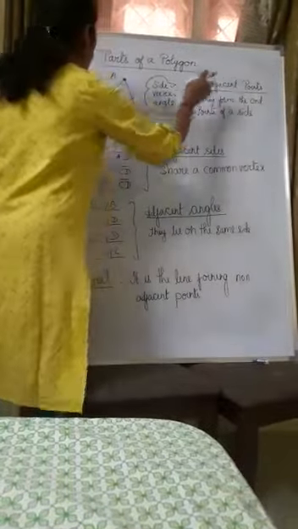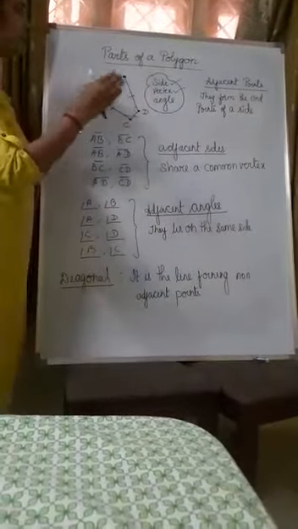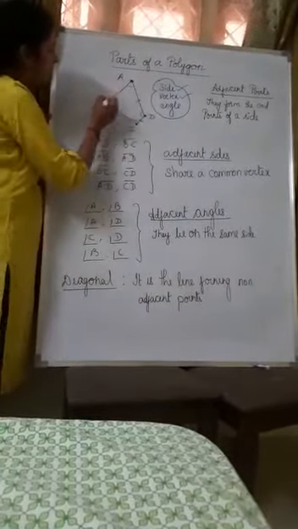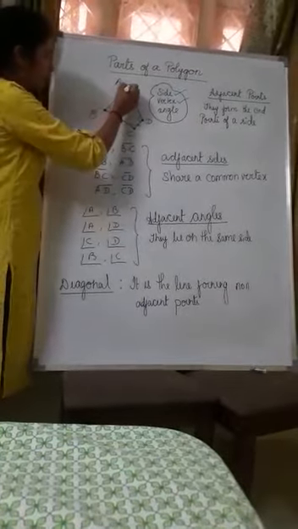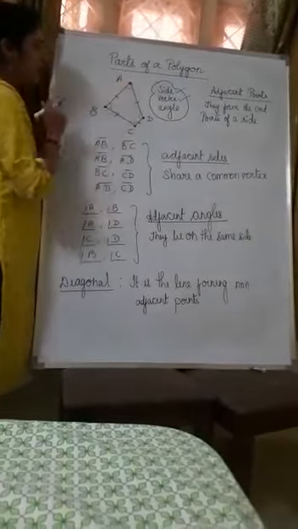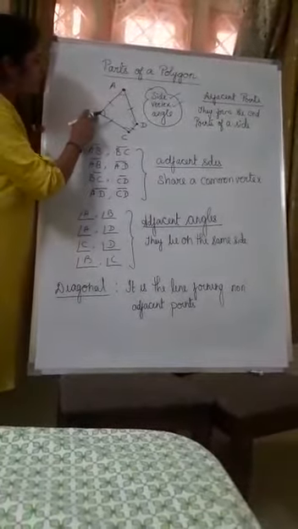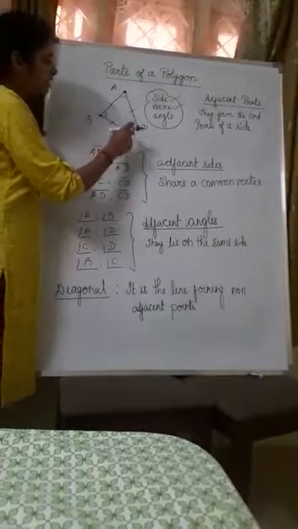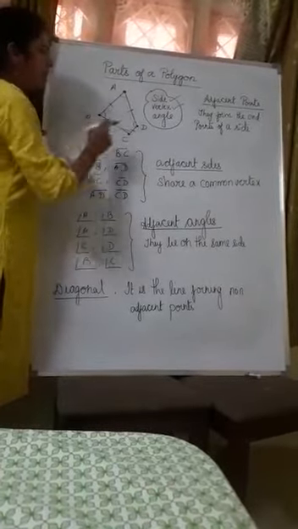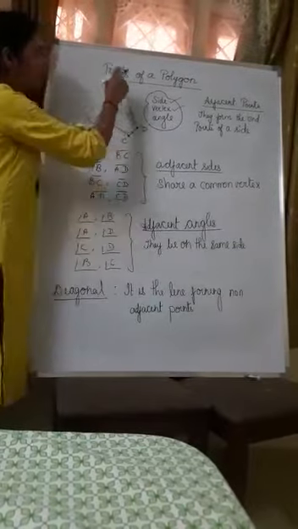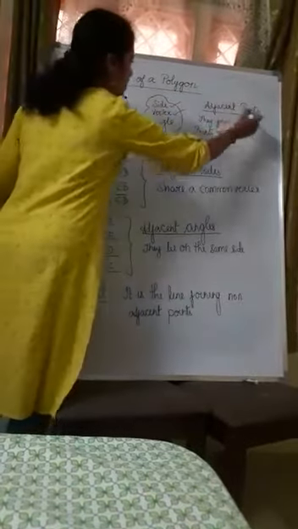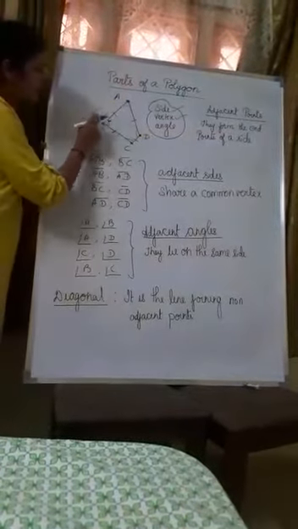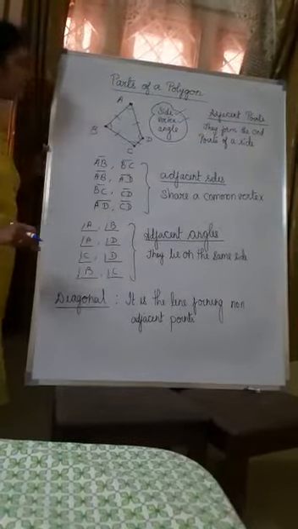First, what do you mean by adjacent point? Adjacent means next to, near or neighbor. So here I will tell A and B are adjacent points because they form the end point of a side. Now you tell me what are the adjacent points? B is adjacent to A. B is also adjacent to C. Now what are the adjacent points of C? B and D. Adjacent points of D are C and A. So the definition is the adjacent points form the end point of a side. On a side, whatever the end point is, those 2 points are adjacent points.